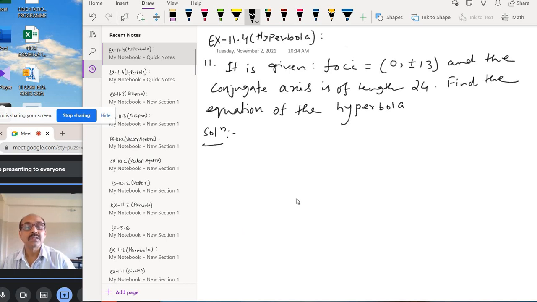So, focus (0, ±13), the x coordinate is 0. So the focus is on the y-axis. So, second type, that is a vertical hyperbola. So, since